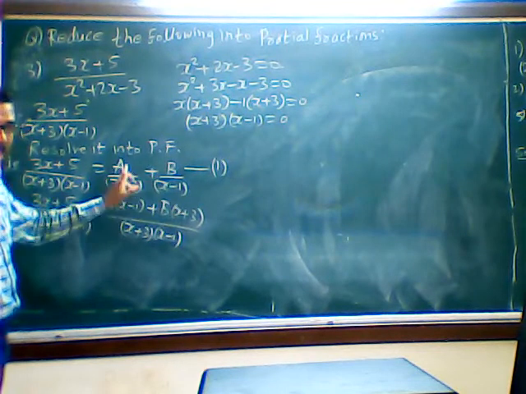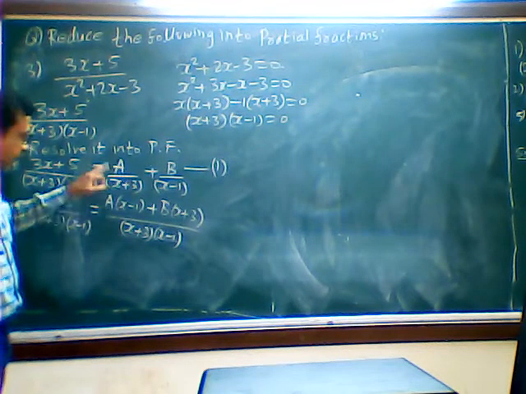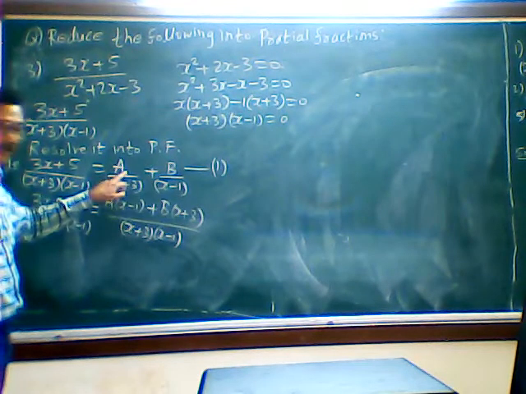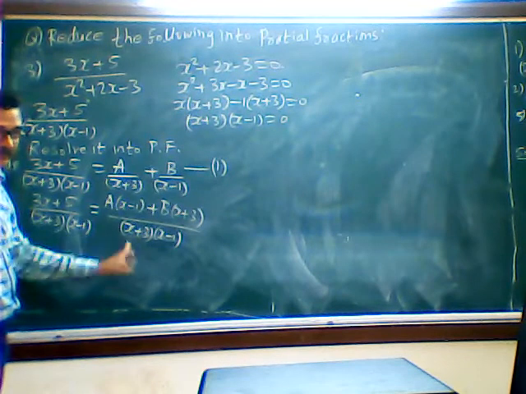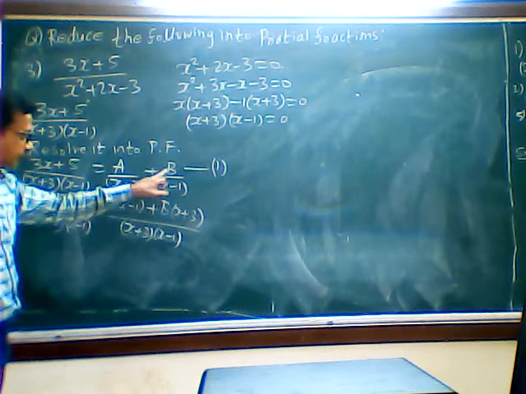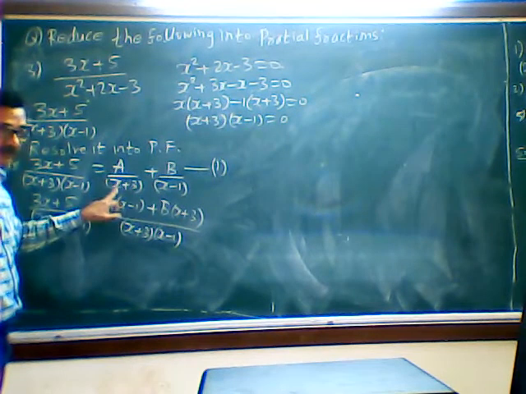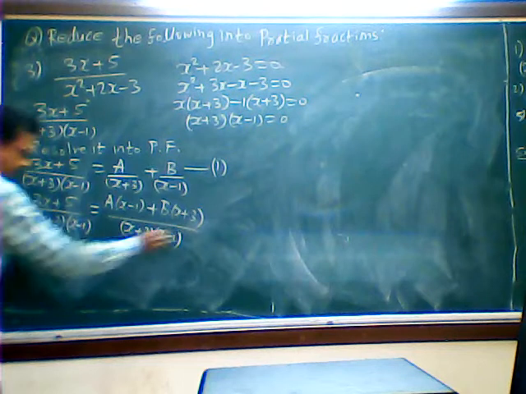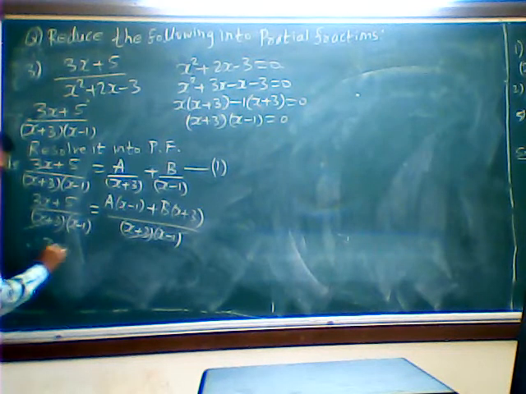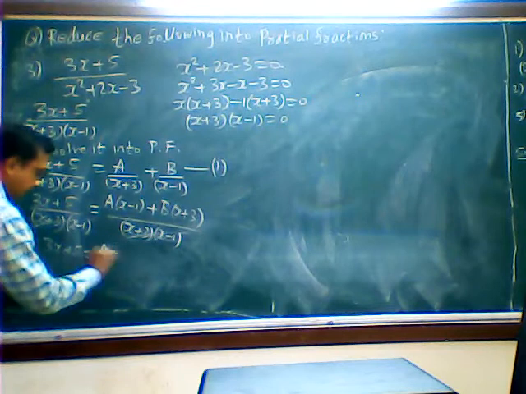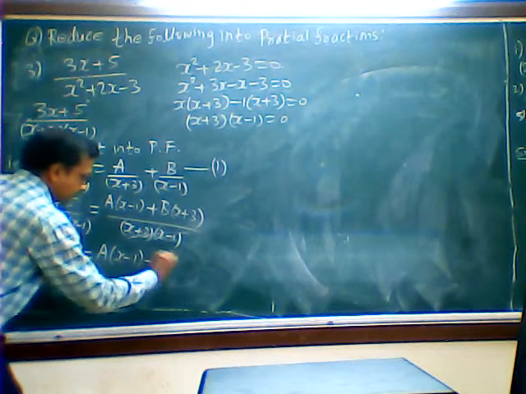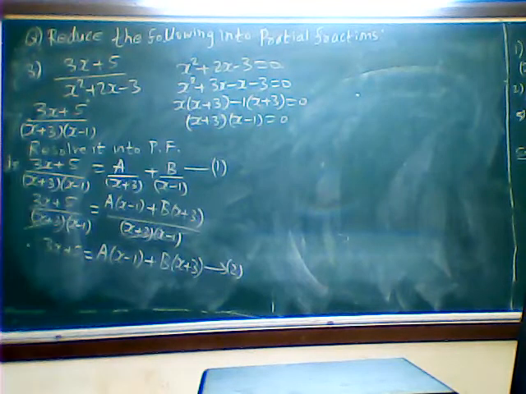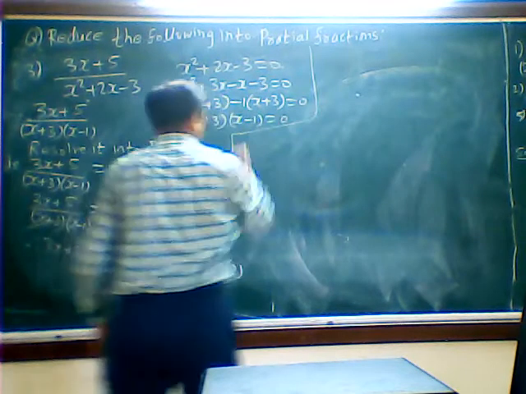There are two ways to think. I am saying cross multiplication, otherwise you can think this way also. Below a, x plus 3 is there, this is not there. So that's why this will be multiplied, because the LCM has both the brackets. Then plus b, below b x minus 1 is there, x plus 3 is not there, that's why that is multiplied. Okay. So now the denominator goes, and we get therefore 3x plus 5 is equal to a into x minus 1 plus b into x plus 3. That is our equation number 2. Okay. Now one by one again we will solve.